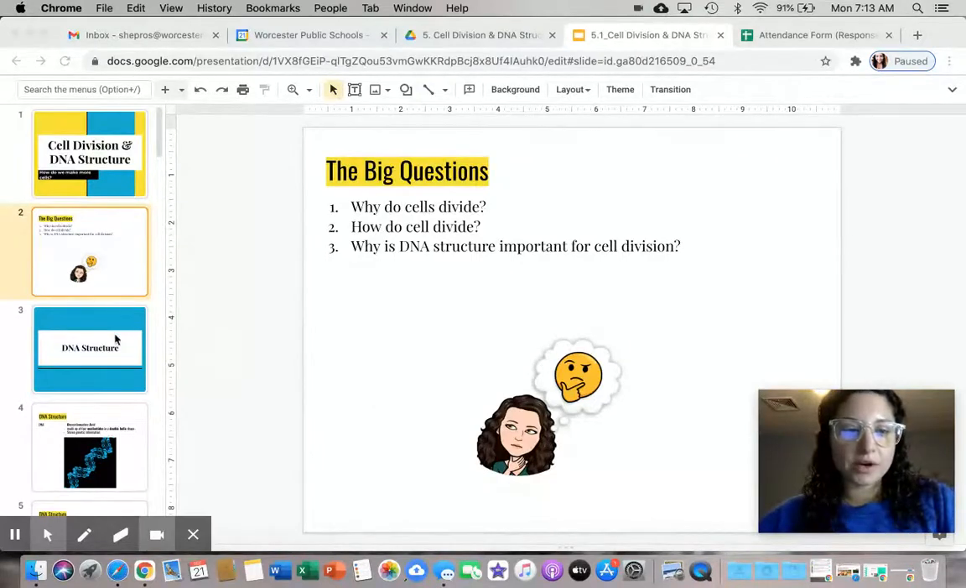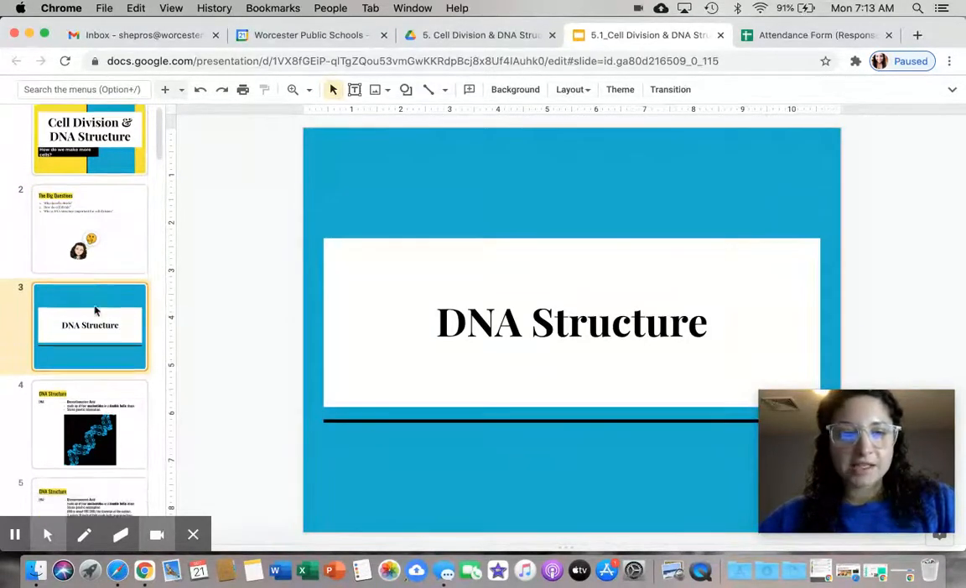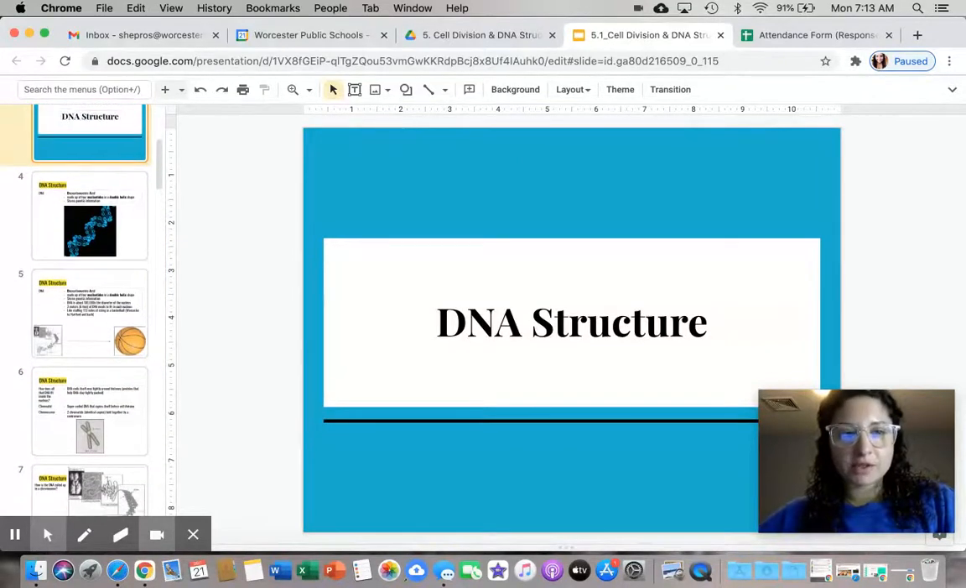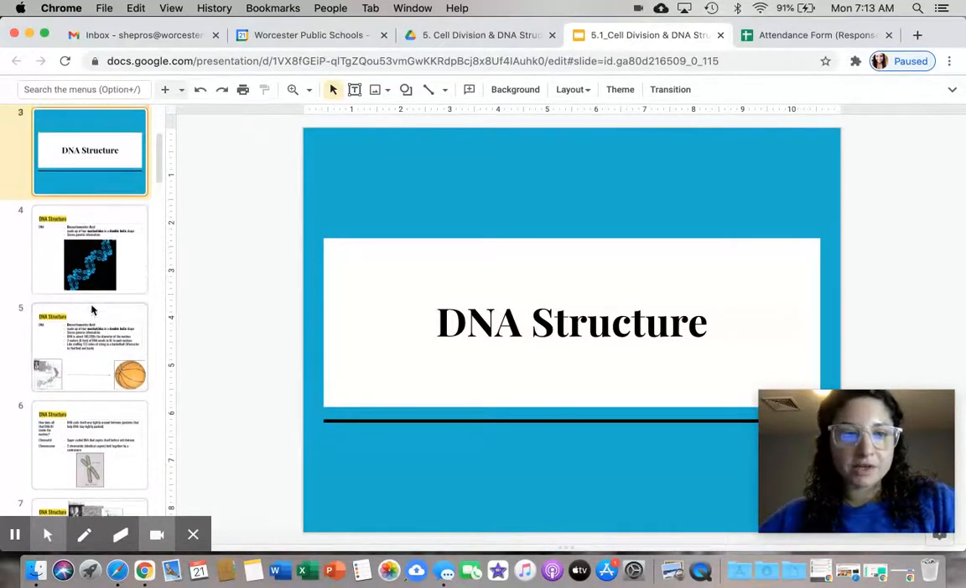So we're going to be starting specifically with DNA structure. At this point, I believe most of you should be at least familiar with DNA. We should know that it's sort of like the genetic code of life. It codes for all of our traits and characteristics. It is found in the nucleus of the cell, and every single cell in your body has a full copy